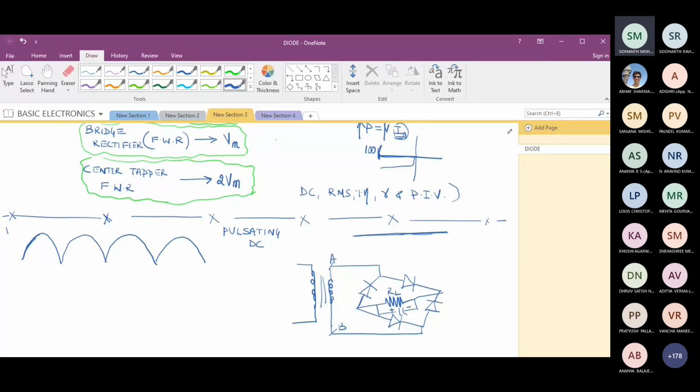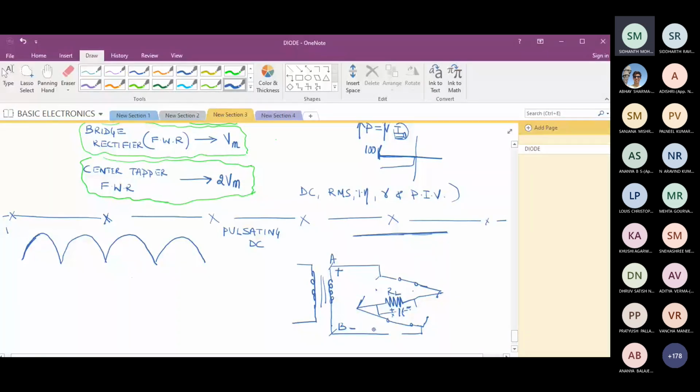We'll try to understand what is going to happen now. Again, don't learn by heart. Try to understand the concept. Again, during positive cycle, I can make these two diodes conduct. So this diode is on. This is also on. And these two diodes are off. Please concentrate and listen. So during positive cycle, terminal A is plus with respect to B. Two parallel diodes are conducting.